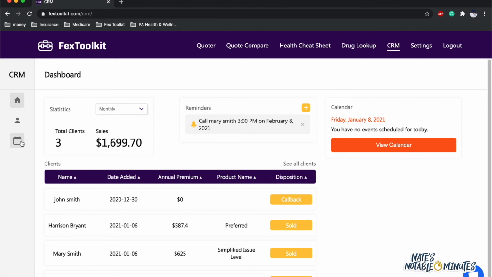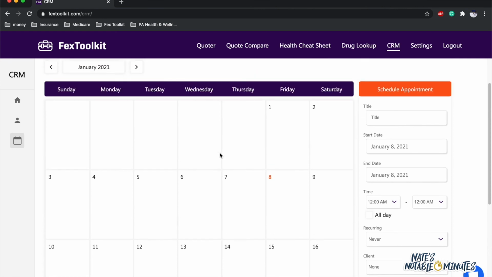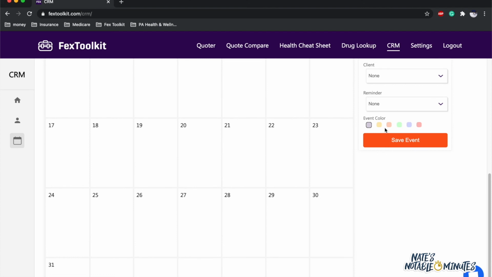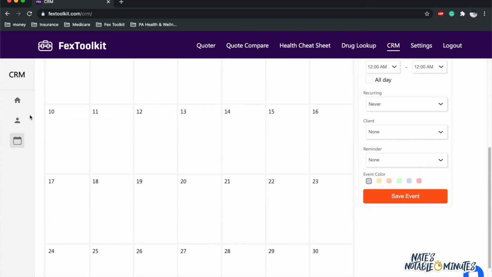Now, additionally, we have a calendar here. So with a calendar, you can schedule an appointment. You can put in, of course, just your day-to-day schedule. And this is an easy way for you to track what you have going on. And our reminder system does work off of email, so it'll remind you with anything you have coming up. And we do have the different colors in here, so it makes it a little bit easier on the eyes